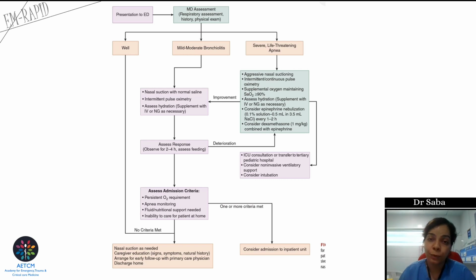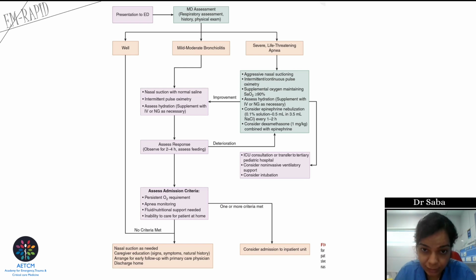And we go on with little aggressive management, wherein we go ahead with frequent nasal suctioning, and continuous pulse oximetry will be placed in order to rule out any hypoxemia. And then we try and maintain the saturation to be at least above 90%, and we assess the overall hydration status, rule out dehydration, shock, and we give supportive therapy to support his